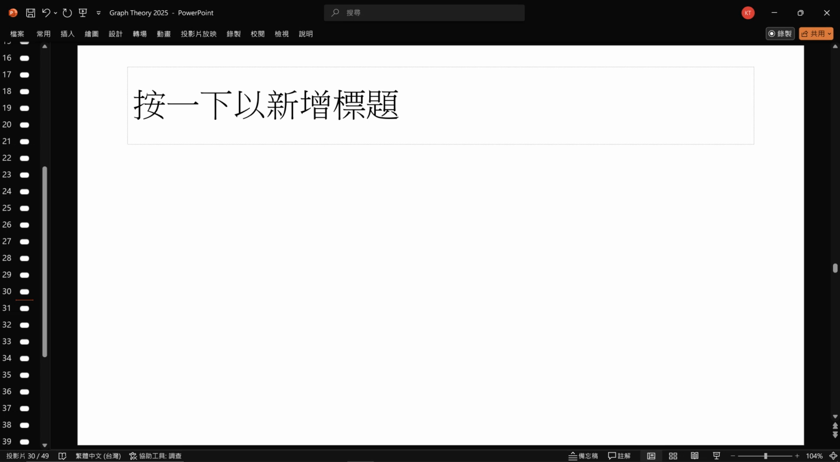Okay, so how to prove this? So here we have two assumptions about the graph. First, the graph is not connected. And the second is it has at least n minus 1 edges. Okay. So given these two conditions,